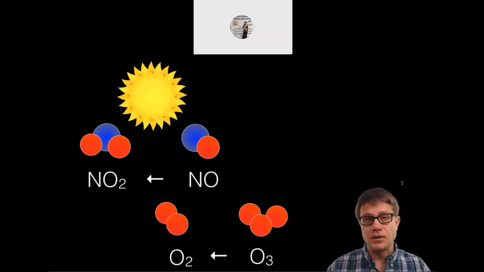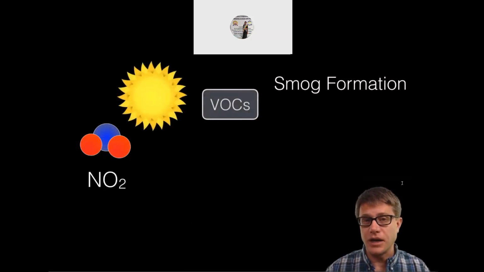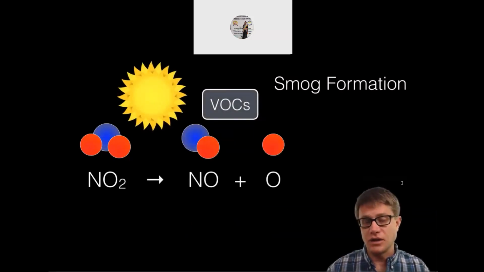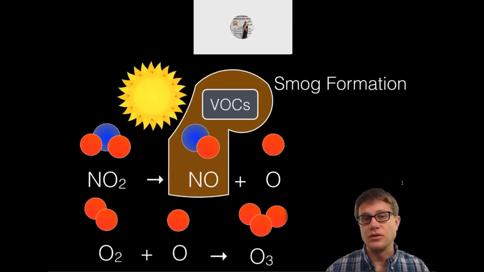And so again, to make smog, we have to not only have NOx and the sun, but we have to have these volatile organic compounds as well. So how does it work? We break apart that nitrogen dioxide again, so we're producing this nitric oxide, and that will combine with these volatile organic compounds in the atmosphere itself. Now we produce this ozone, but it's not spontaneously going to go back again. So how do you form smog? We have to have these volatile organic compounds, we have to have this nitrogen dioxide, and we have to have sunlight. Areas like Los Angeles, where all of these come together, have a huge amount of smog. How do we prevent it? We reduce the amount of nitrogen dioxide, and we reduce the amount of volatile organic compounds in the atmosphere.